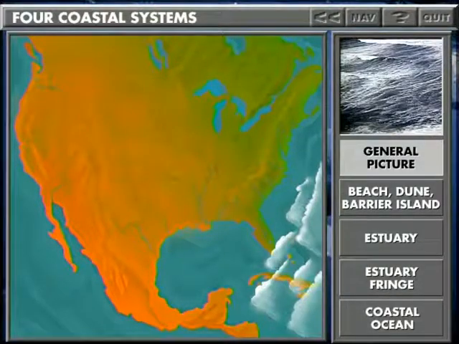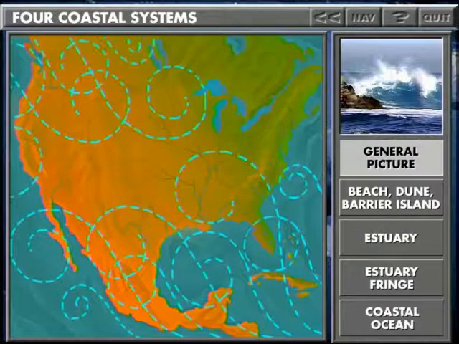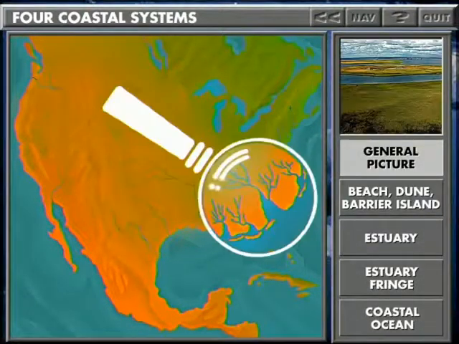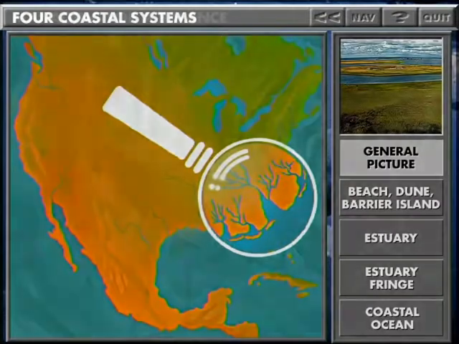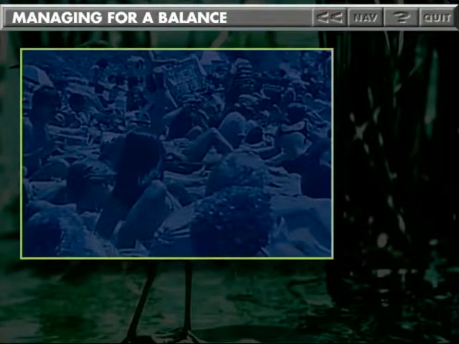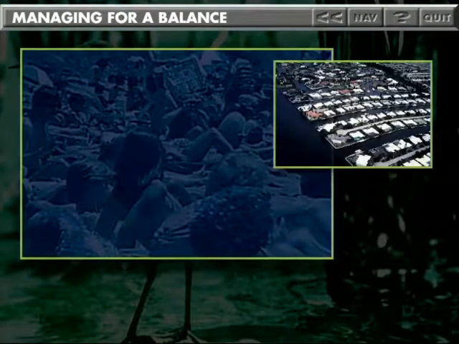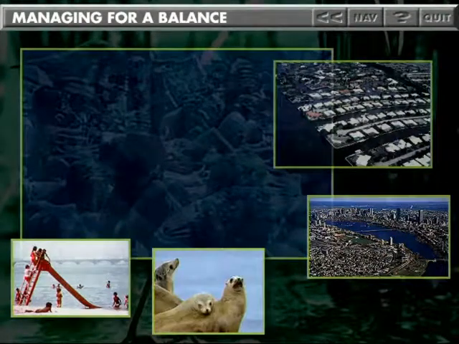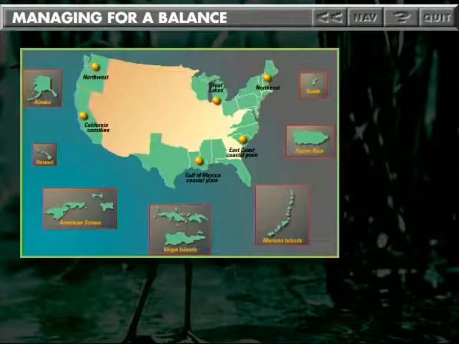This is a high-energy environment. Energy constantly flows in and out with the movement of tides, winds, coastal currents, and rivers. This coastal environment contains diverse types of ecosystems. Our coastal areas must continue to provide opportunities for living space, industry and commerce, recreation, and habitat for fish and wildlife. But development must be managed to achieve a balance between complete protection and intelligent use.